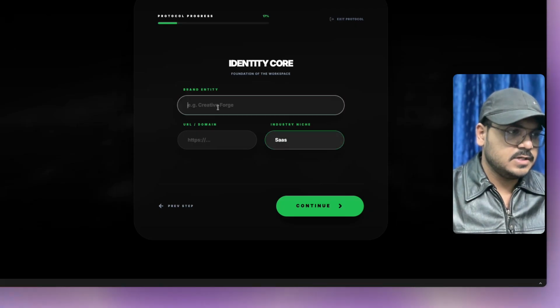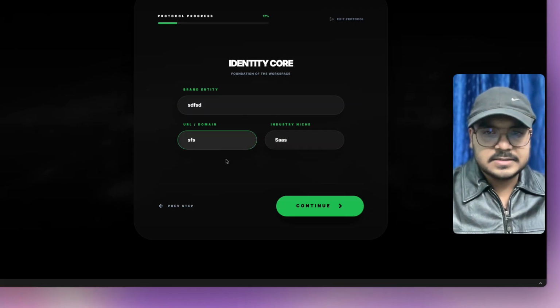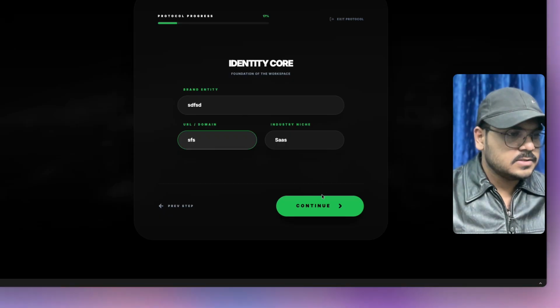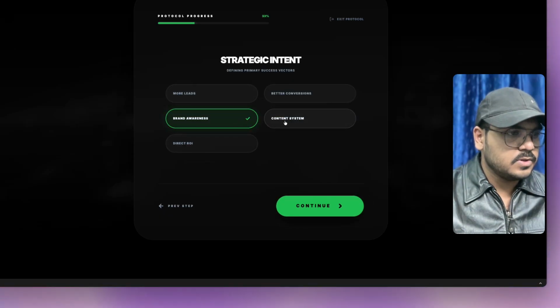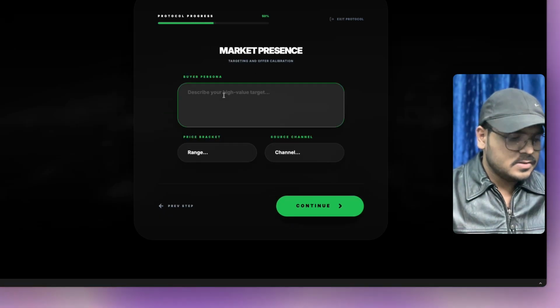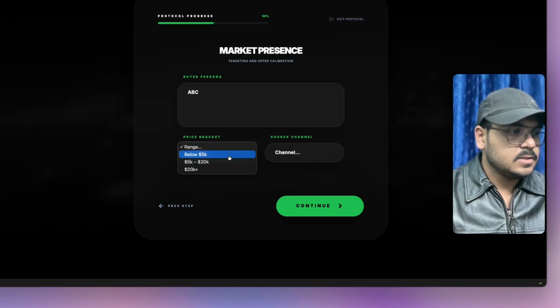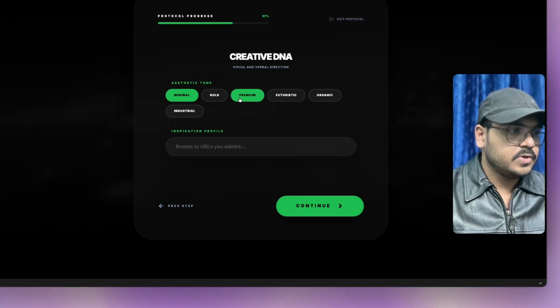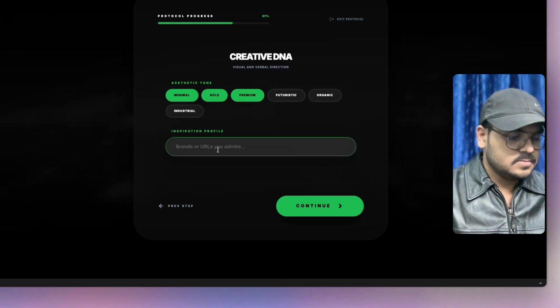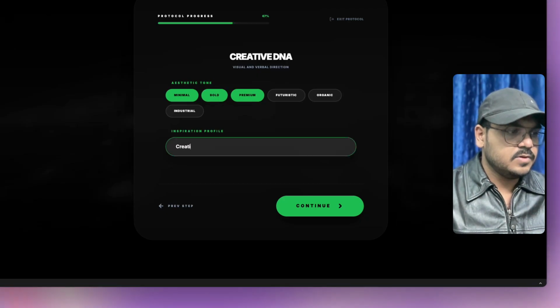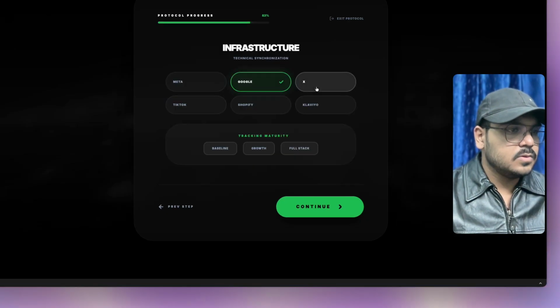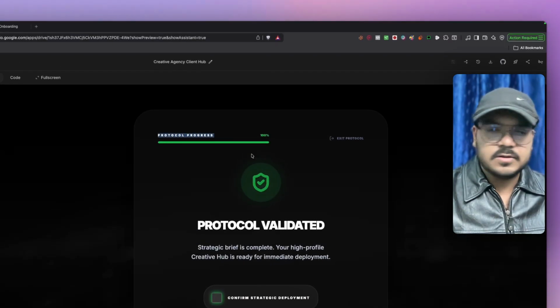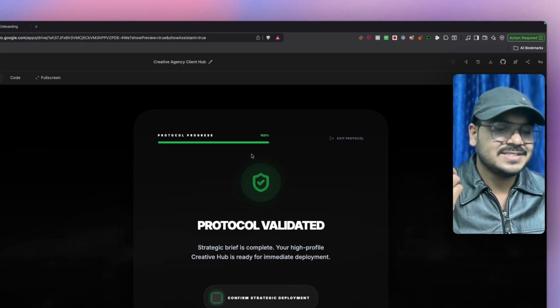So I'm gonna just write SaaS. I'm gonna just be filling this information, right, just to understand brand awareness, content system. Describe ABC, budget range 20k, referrals, minimal, premium, bold, creative, whatever, Google and Meta baseline. And I have completed all of the onboarding, so you can build this, customize it for your own,